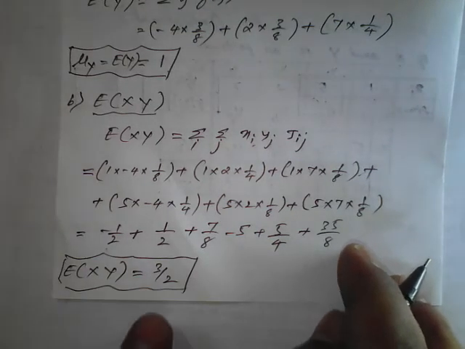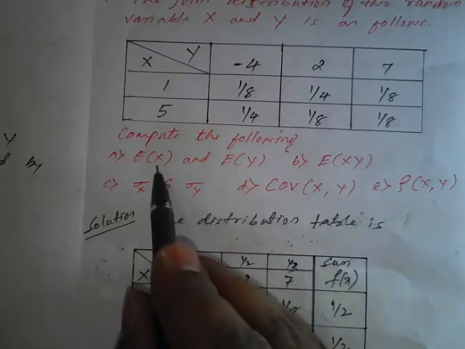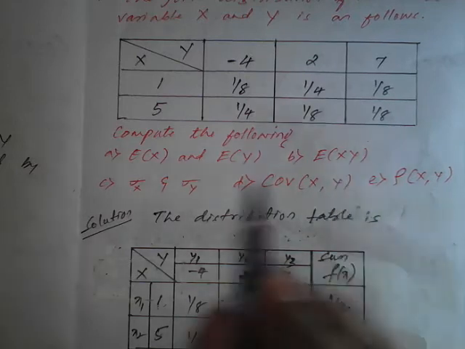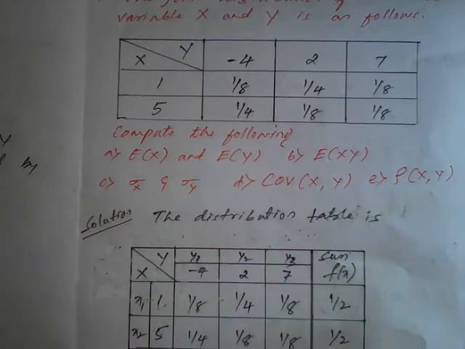So we got the result of expectation of x as 3 by 2. Now we completed the second part. So we have got the result of expectation of x, expectation of y, expectation of xy. Then we'll find the standard deviation of x and standard deviation of y. We don't have a specific formula for standard deviation of x and y, so we'll use the variance formula and continue.